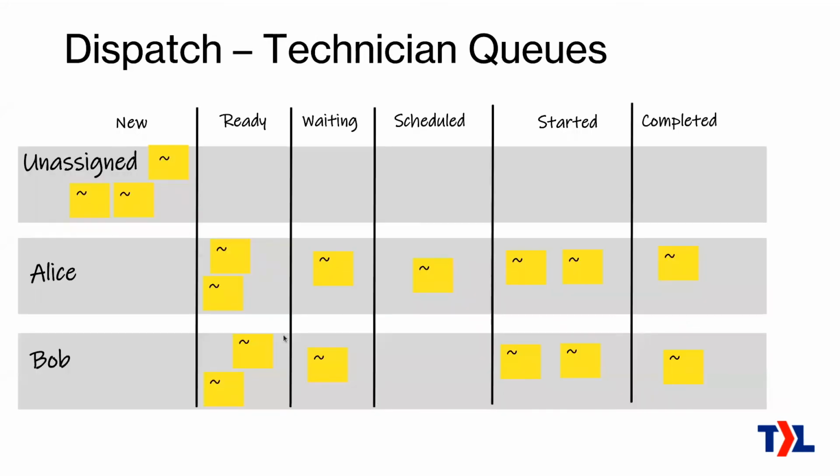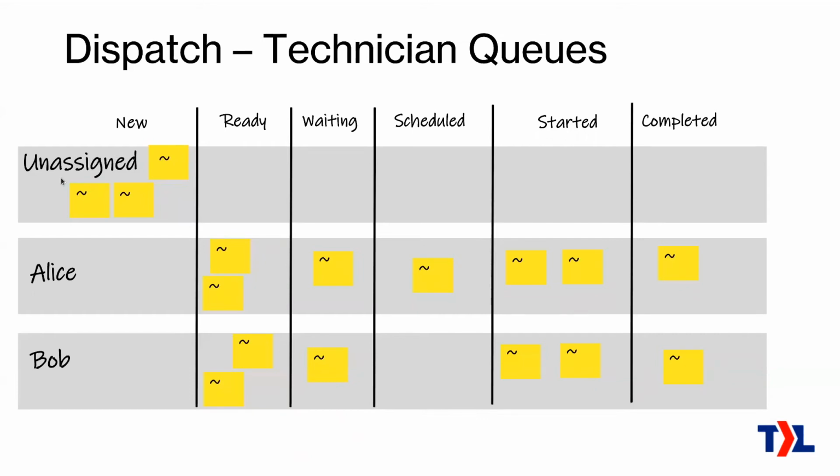So this is what this would actually look like in a Kanban board. You would have your columns here, and we add what we call swim lanes. This is how we see which work is assigned to which people. So we have unassigned work here. The only work that's unassigned is in the new